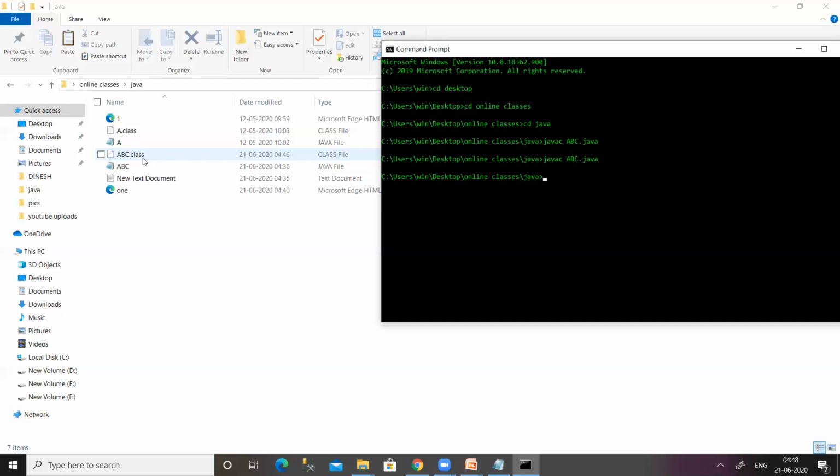In case of applets, we use a different command to run an applet program, and the name of the command is appletviewer. We use this appletviewer command on the HTML file. My HTML file name is fun.html. Now just press enter.